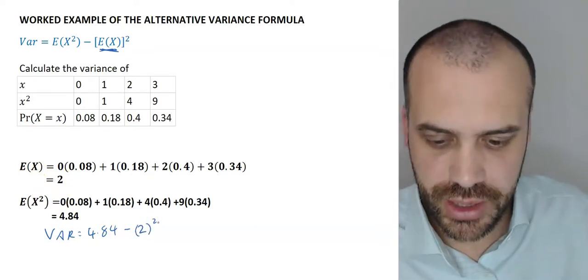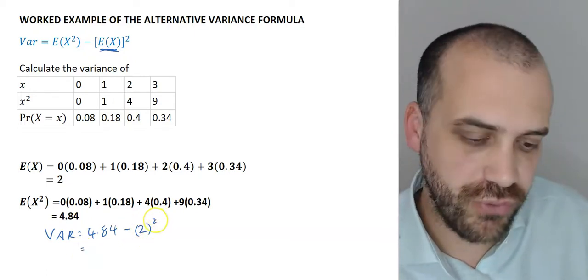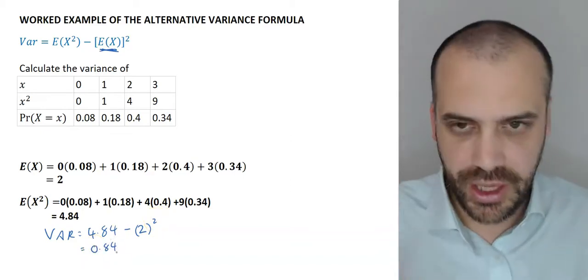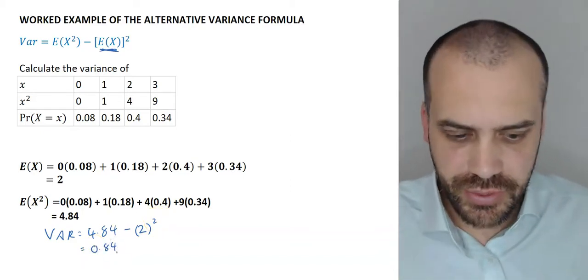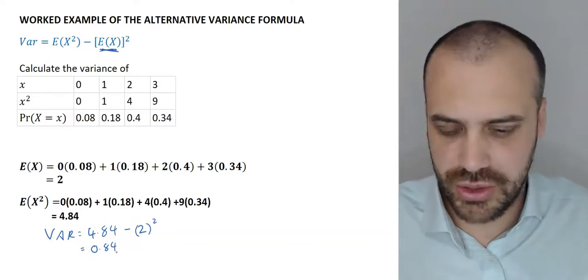4.84 minus the expected value squared. That's going to be minus 4. So 4.84 minus 4 is 0.84. And that is the variance. You can see this is a pretty nice way of finding the variance of a discrete random